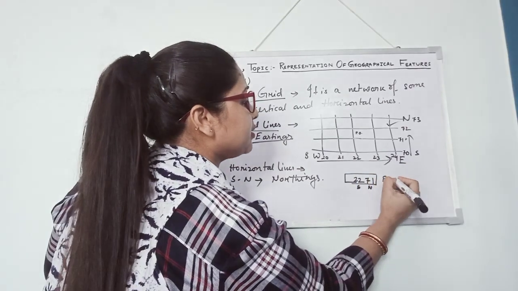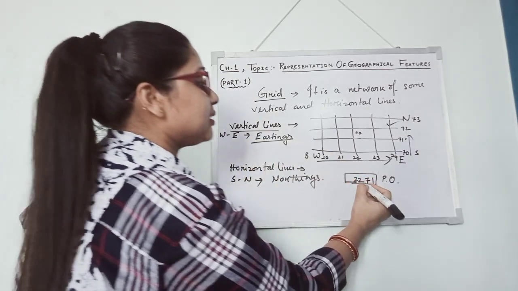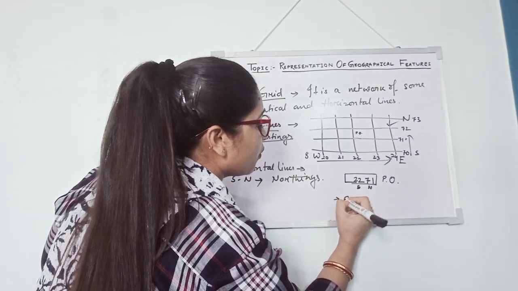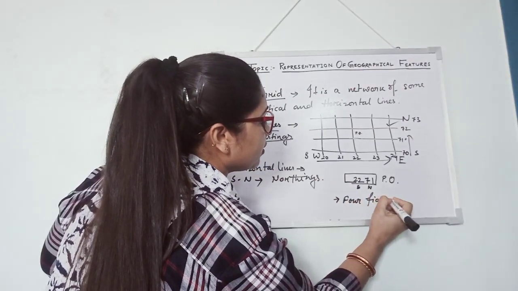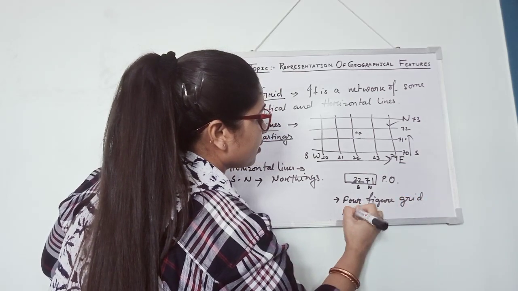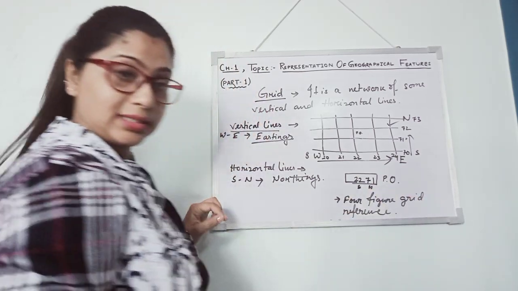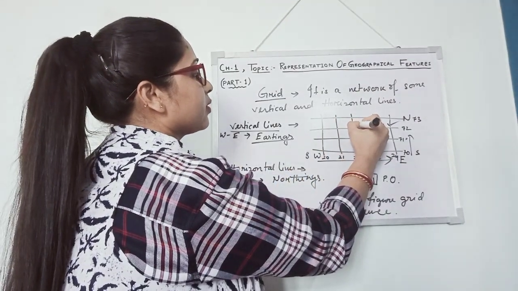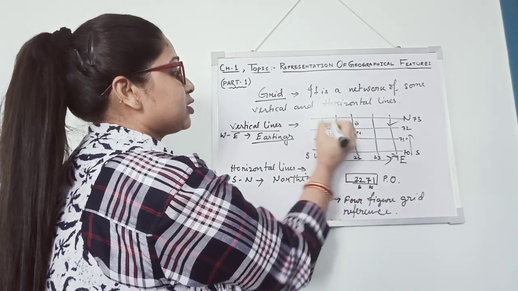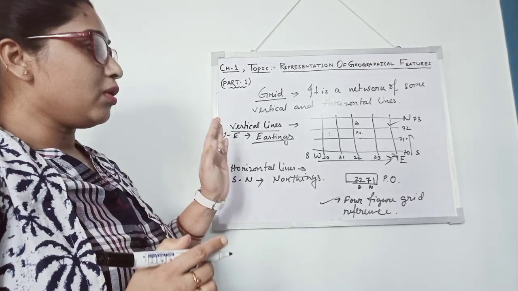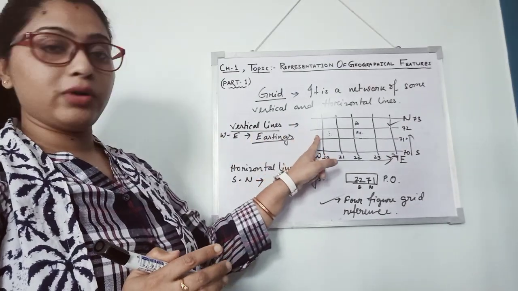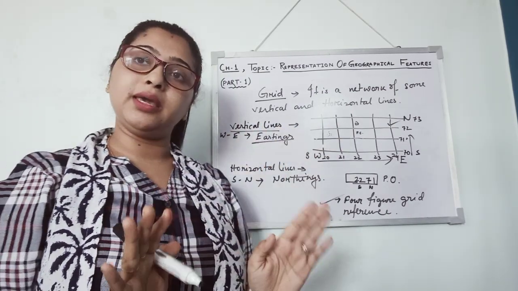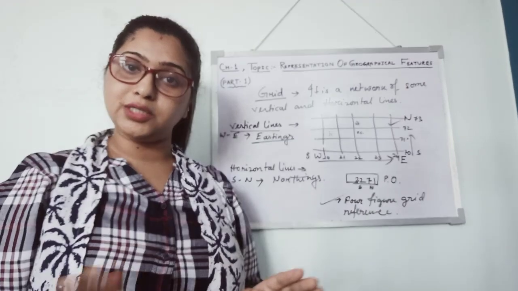So where is the post office located? That is 2271. This has 4 digits. That's why it is known as 4 figure grid reference. Is it clear, student? So how to locate any point? If there is a temple, you can also locate it. If there is stony waste, you can also locate it. So first you have to remember the left side corner easting and the bottom side northing, and mention them to locate any area. Is it clear, student? Have you understood?